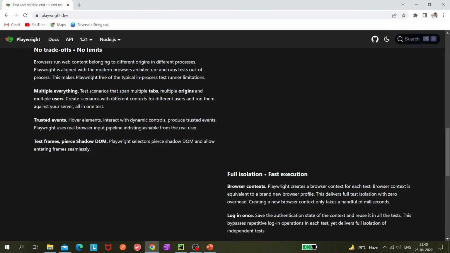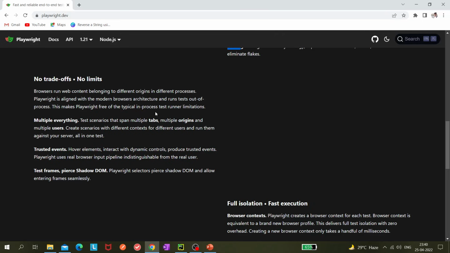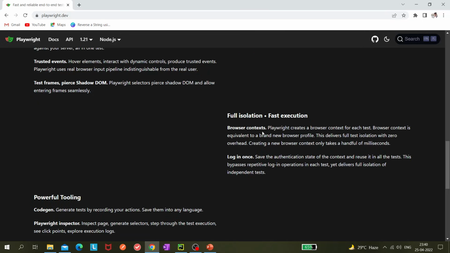and test support also. It supports iframes, shadow DOM. I mean, it is supporting those things, right? Also, there is browser context. So this is a very good feature. We'll be seeing it now. I'm not explaining it here, but it's like,